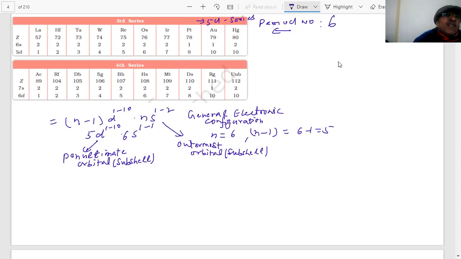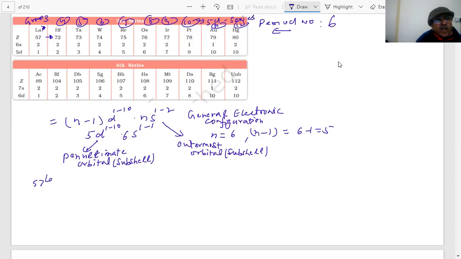But what has happened? I have written Z 57, lanthanum, but after that I am coming straight to 72, students. 72. This is group 3. Which group is this? 3. Then group 4, 5, 6, 7, 8, 9, 10, 11 and 12th group. Now you see the story here. In group 3, after lanthanum 57, immediately 72. What happened to the 14 elements? Where have they gone?